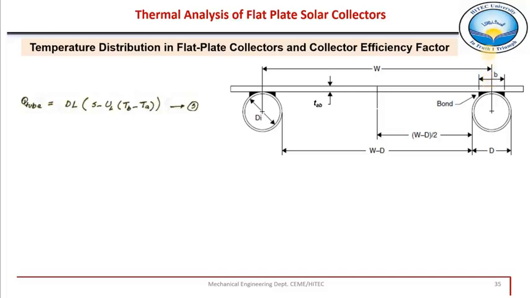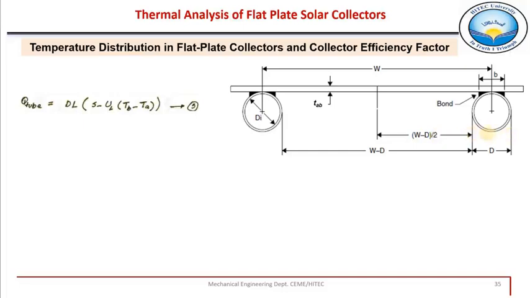the energy is directly absorbed within this area, which is not the fin area. This part of the absorber plate, which is directly above this tube, is also absorbing the same solar radiation, and the energy is being lost from this area also. We have already estimated the heat which is conducted through this fin from this side and also from this side, but there will be energy which is absorbed directly over this tube, meaning this portion which is starting